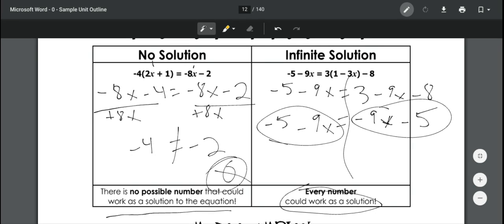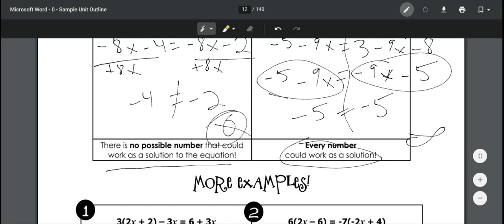So we can stop there and put the little infinity symbol, because that means all numbers work, every single number. You could plug every number in for both those x's and both sides are going to be exactly the same. Or you can go ahead and add 9x on each side, and then you have negative 5 equals negative 5. So either way,